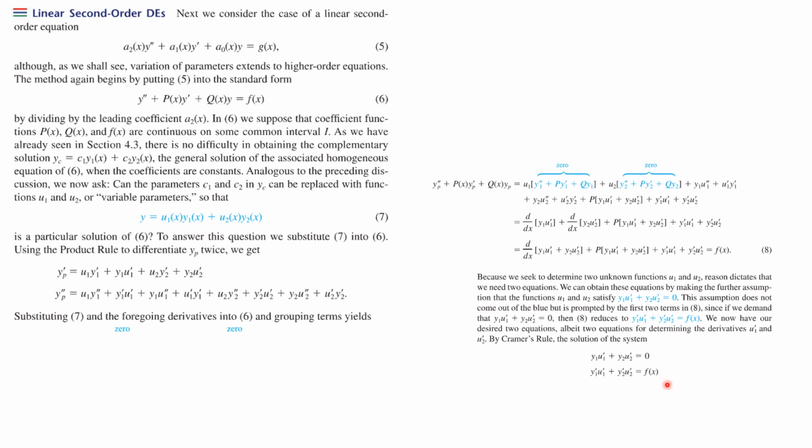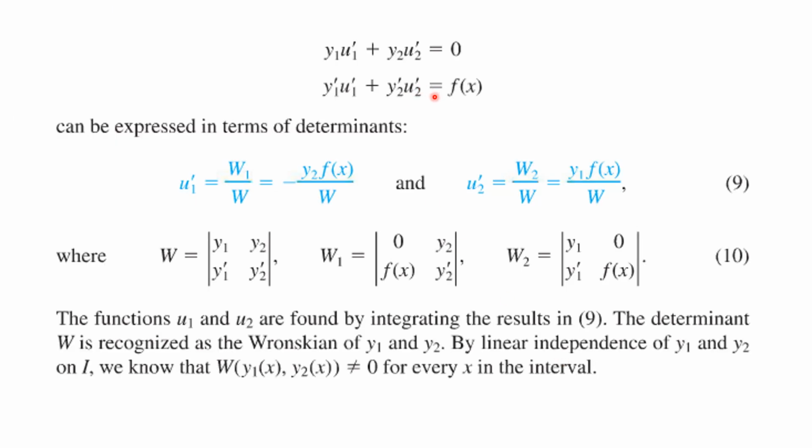You now have two equations and two unknowns. u1 prime is an unknown, u2 prime is an unknown. Those are derivatives. And you have two equations and two unknowns. Well, we know how to solve such equations. And in fact, we can use Cramer's rule that you studied in your pre-calculus, and I think this is discussed in an appendix as well. But we can say, all right, how would we solve these using Cramer's rule? And so what we'll end up